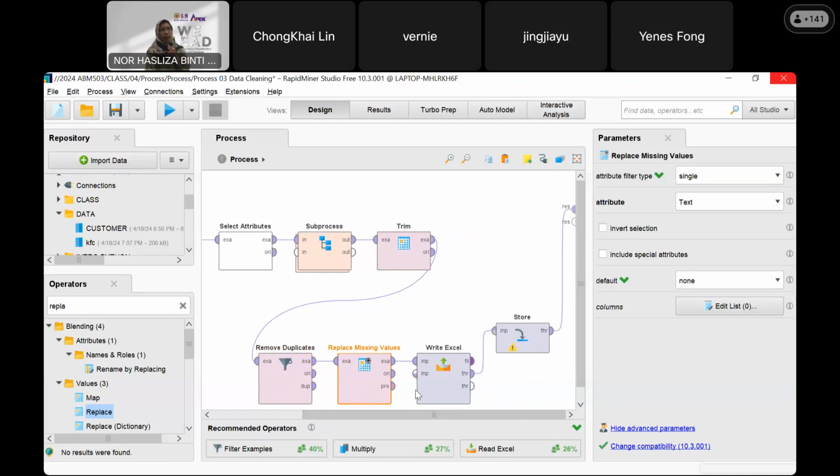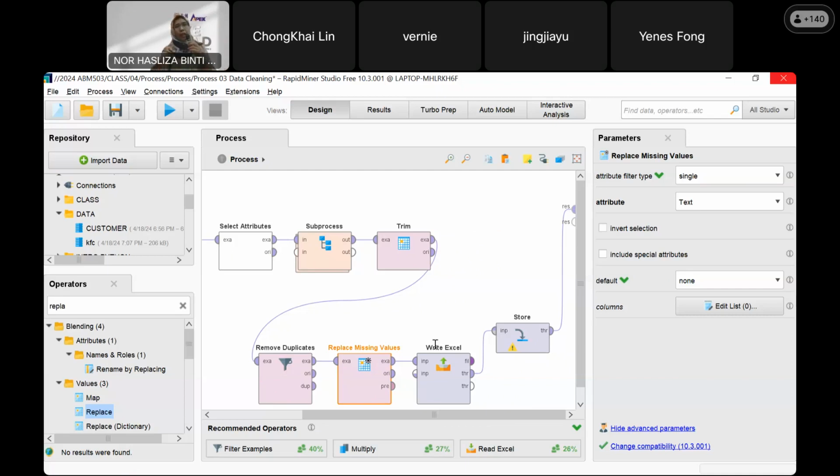And remember again, now we want to clean this raw data set. So for all of these things, we write it in Excel first before we store it inside our RapidMiner repository. And first we put in KFC. Remember, KFC is the raw data.